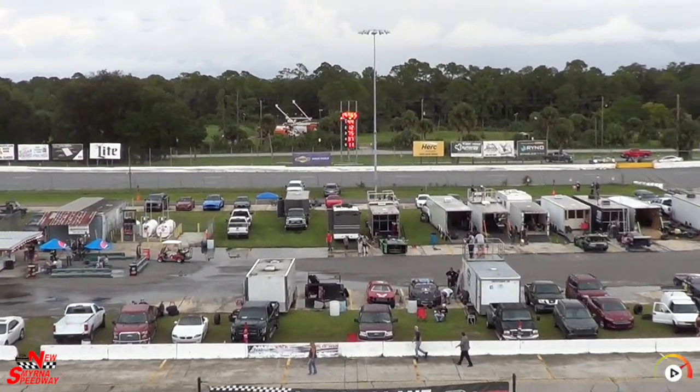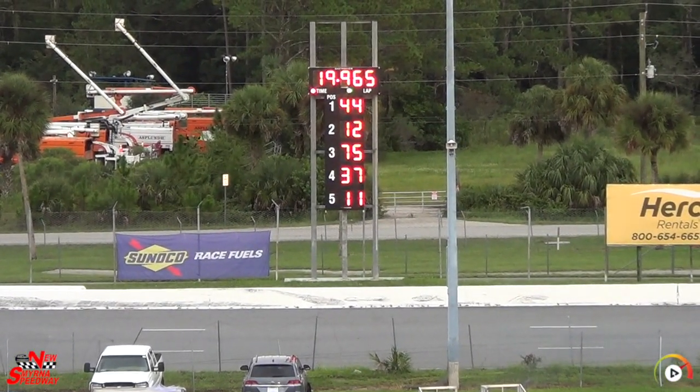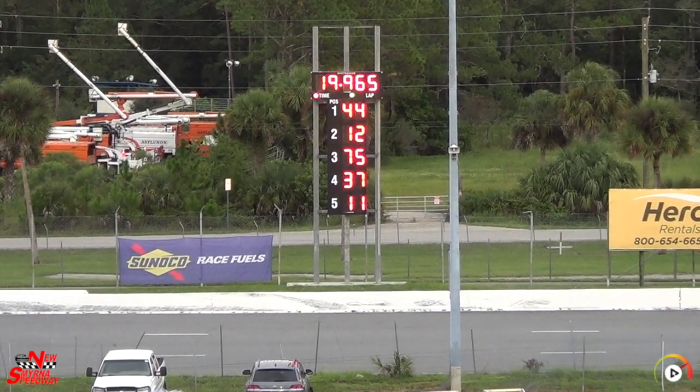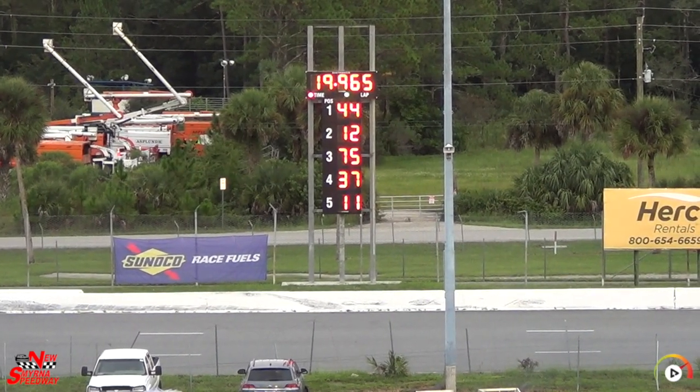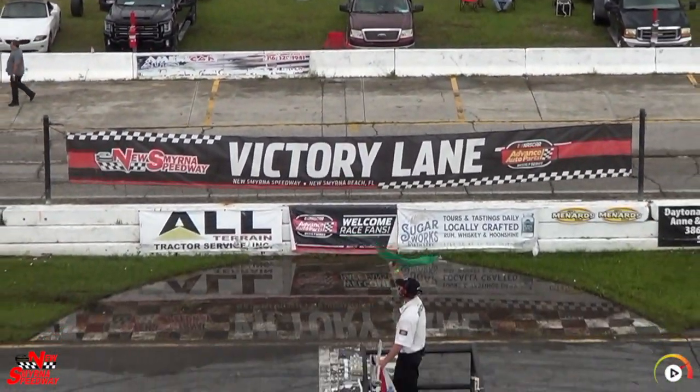19.965, that is good enough for second quick. Matthew Green, though, laid down a lap that might be tough to beat. As I mentioned, a good field tonight. Young blood and veteran drivers. How about a rookie? First time out in this